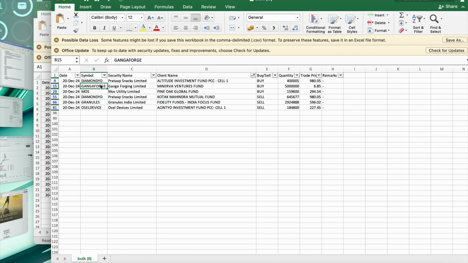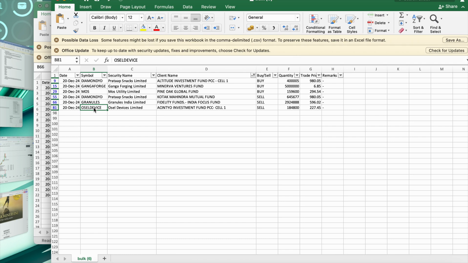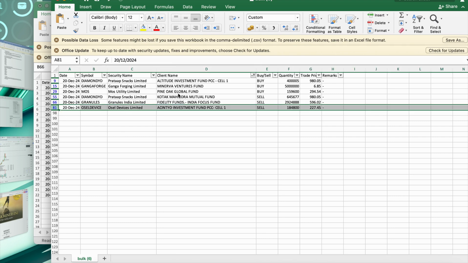But let's look at the other one. So here there is Granules, but I have also checked my block data, so I know that Granules has been bought by many mutual funds. It would have been sold from here. Then let's look at this OSL device. This person has released. There has been a sale, but there is no large player buying it, so it probably would have gone